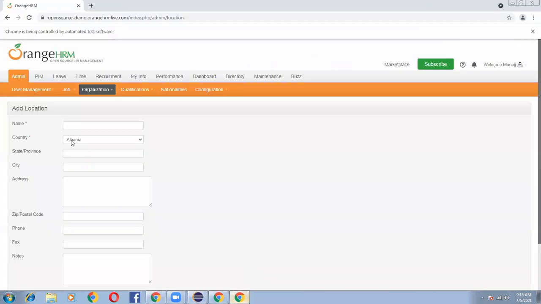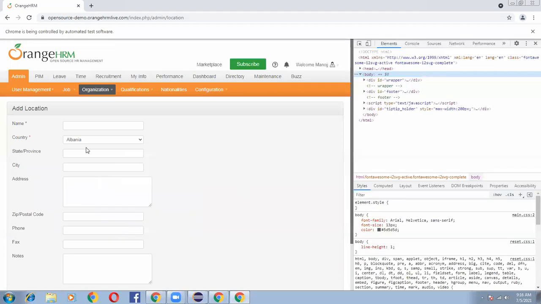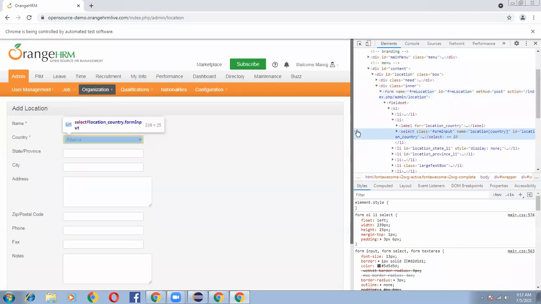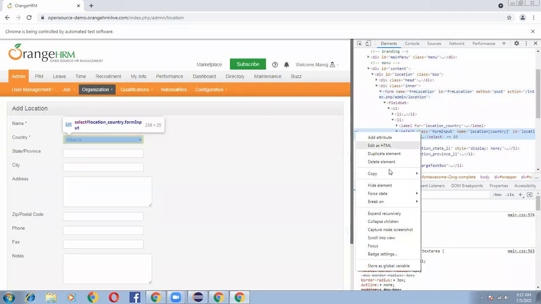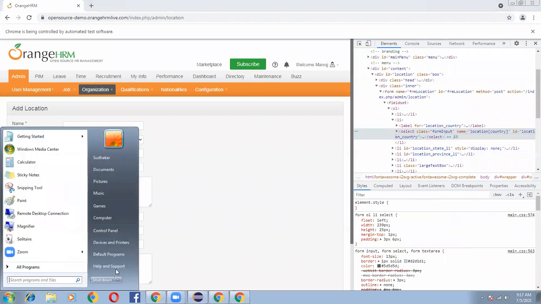So let's see. I'm inspecting this web element. This is the select code the developer has written for this web element. What I am doing is copying the element and pasting it in my notepad.